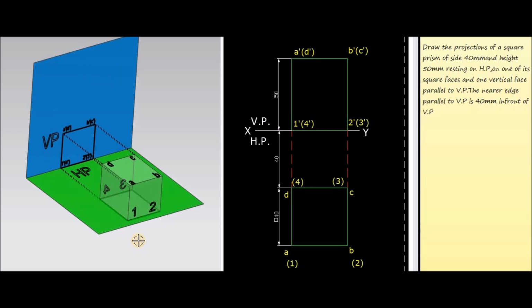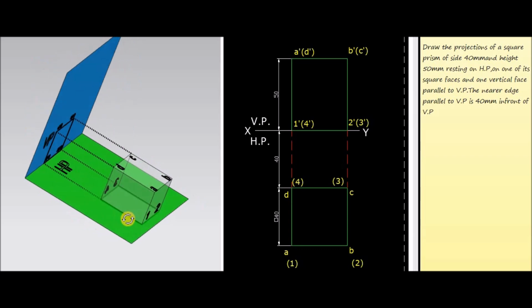That means the prism is resting on HP with its bottom face 1, 2, 3, 4 on the HP. Another point given in the question is the nearer edge parallel to VP is 40 mm in front of